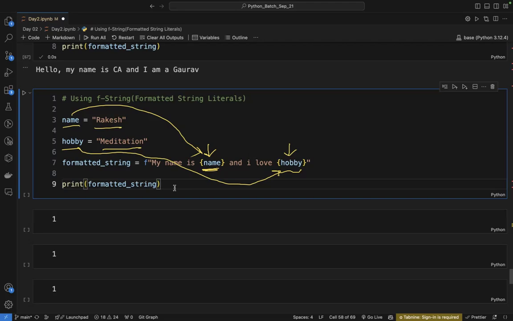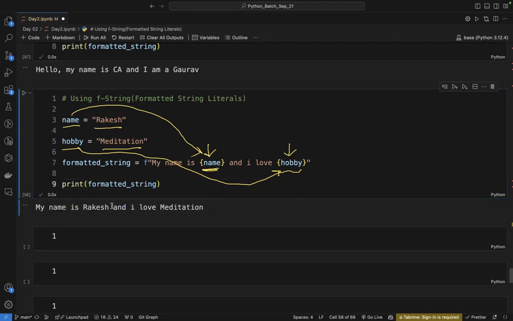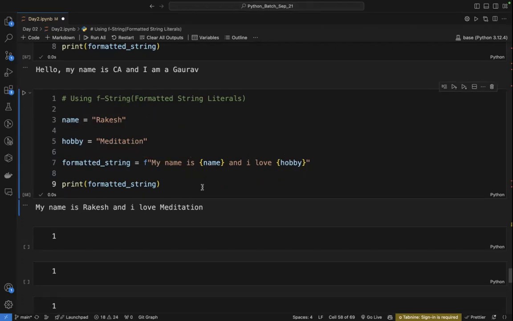अगर मैं इसको रन करता हूं तो मेरे को क्या आउटपुट मिलेगा? माई नेम इज राकेश एंड आई लव मेडिटेशन। इट्स वेरी सिंपल थिंग, आई सपोज। तो ये आपको समझ में आ गया होगा।